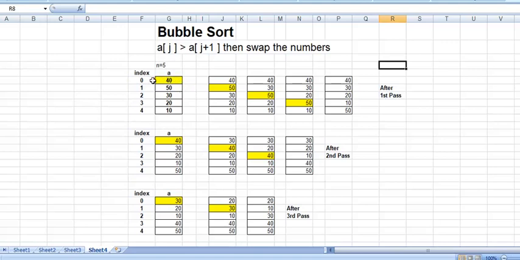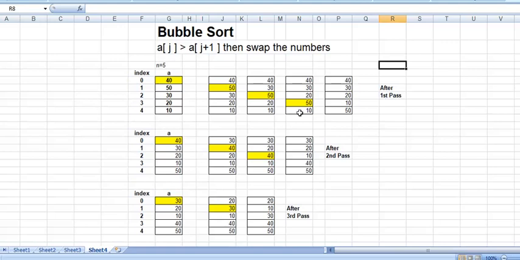So we are not going to do anything. Then we move the index location. We start from 0, then we move to the next. You are seeing the highlighted elements, that is the value of the index. Initially I start with index 0, then I move to index 1, index 2, and index 3. I am not going to go to the last index, the reason being j plus 1. How long are we going to do this comparison?